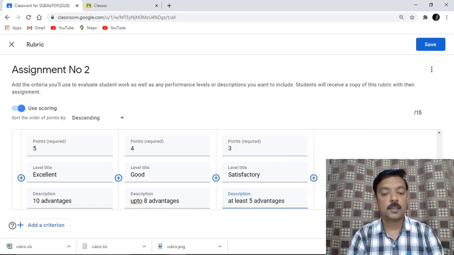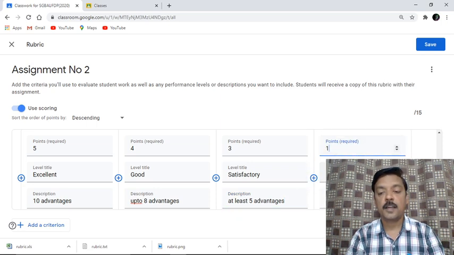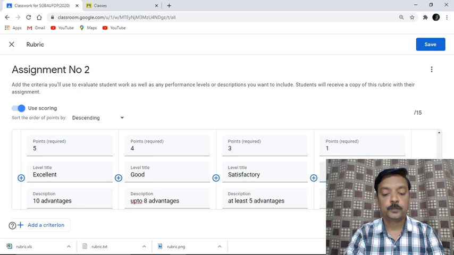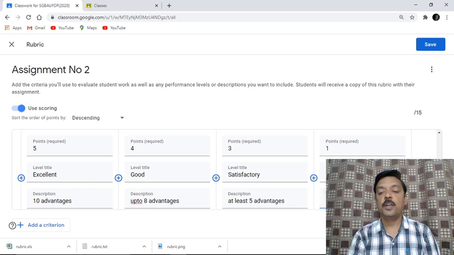And the last criteria will be 1 mark, the same one, and that is needs some improvement. Less than 2 advantages. Suppose he has put less than 2 advantages, then he is going to get 1 mark. So in this way we have put the thing.